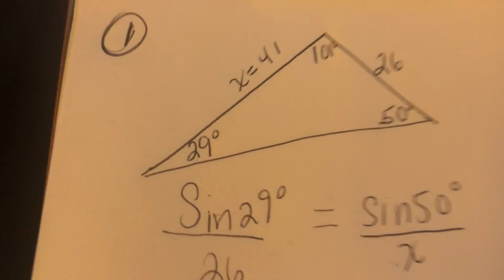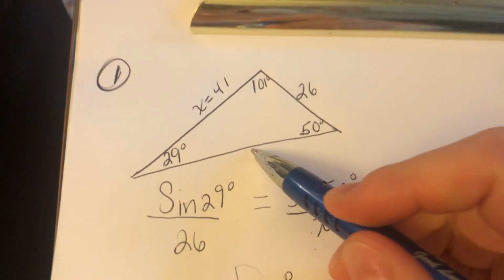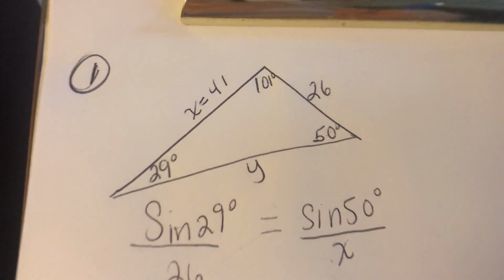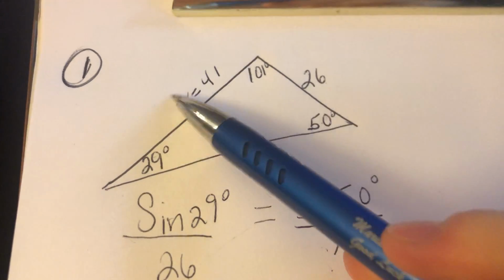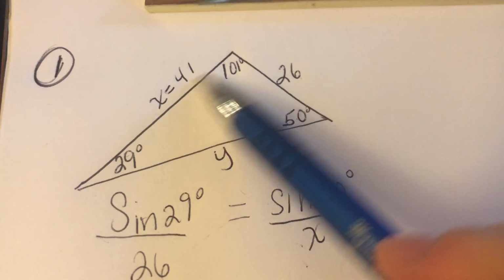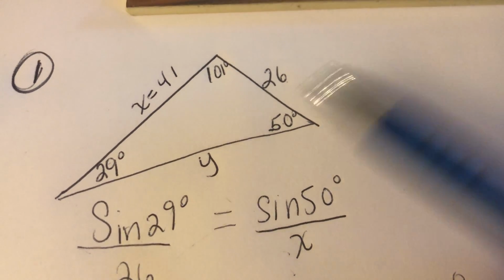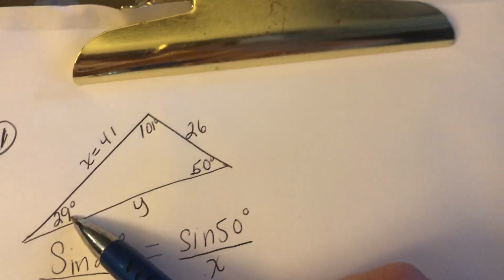All right, so now I'm not done because now I need to find this leg. I don't know, let's call this y. Okay, so again, now you have a lot more information. You can pretty much use any ratio you want. I'll stick with the same one. So I have the sine